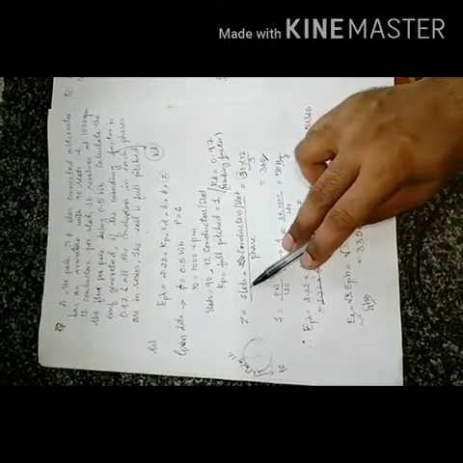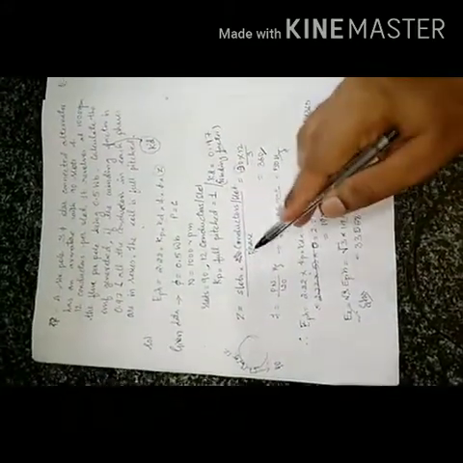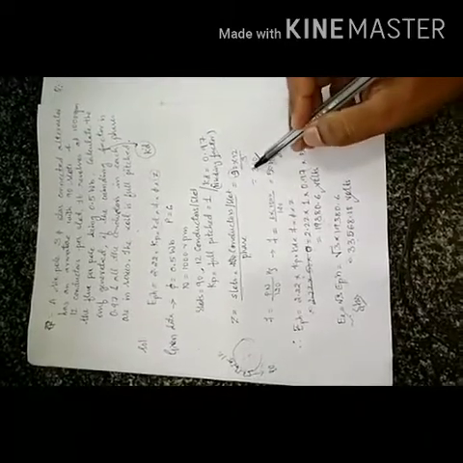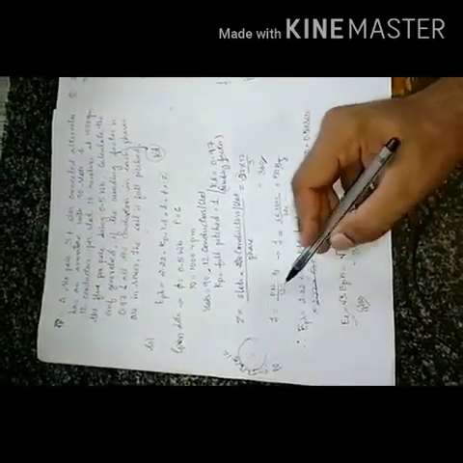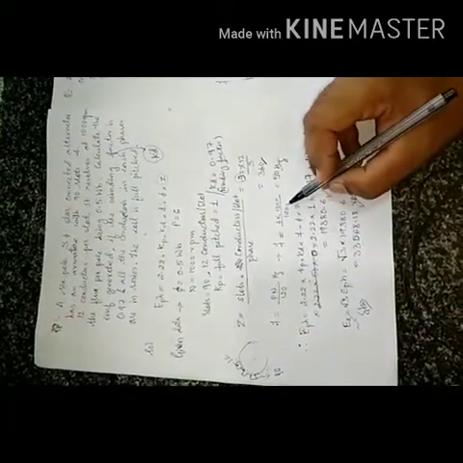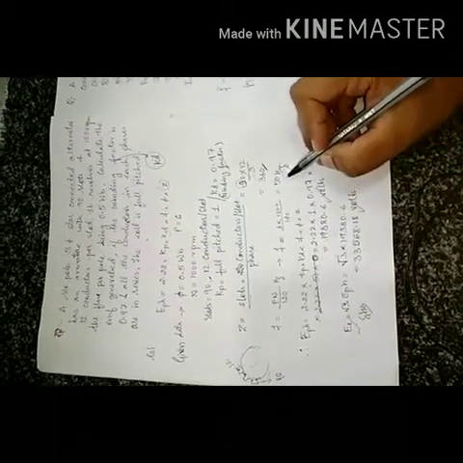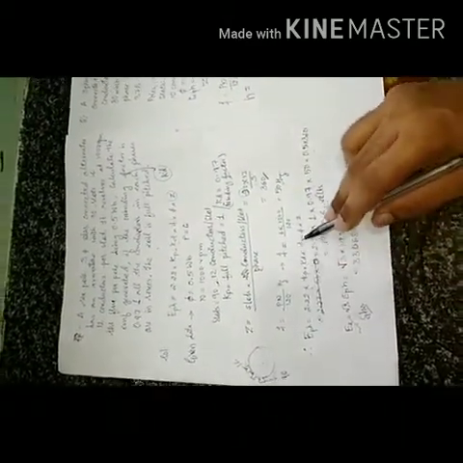So slots are how much? 90. Conductors per slot are 12. Per phase it is 3. So we get the answer as 360. It is easy to calculate frequency also. It is PN by 120. P is 6, N is 1000, divided by 120. So we get 50 Hz. So directly substitute the values of all Kp, Kd, F, phi, Z, we get